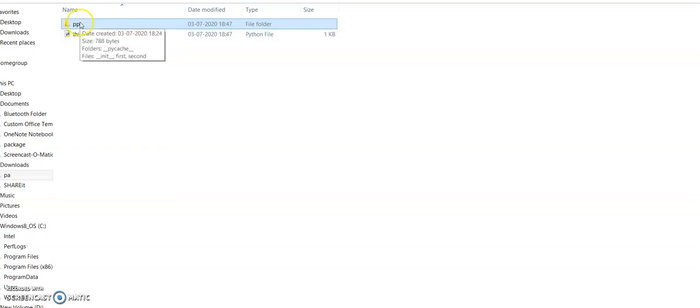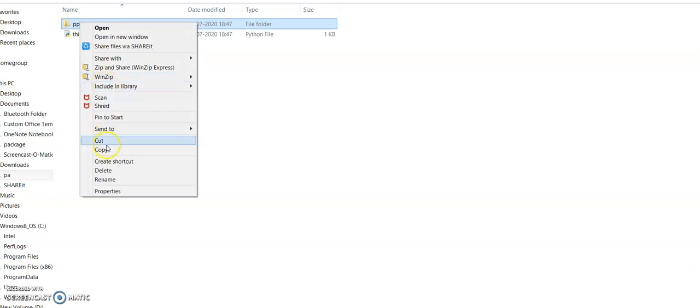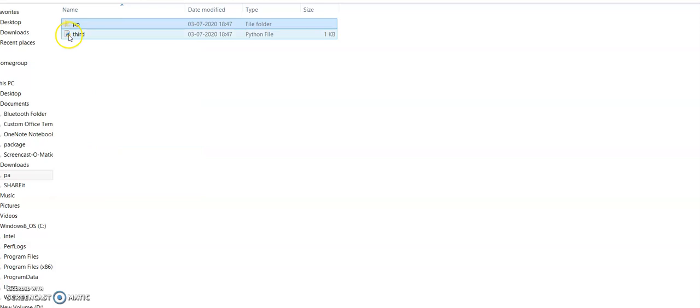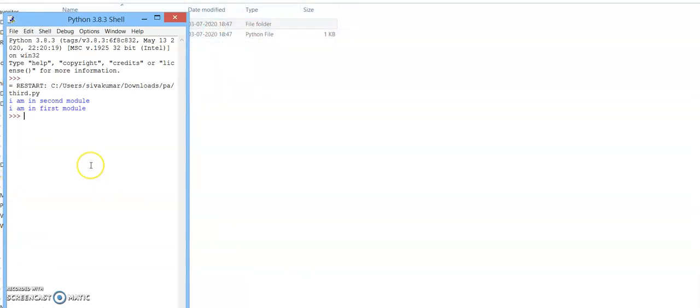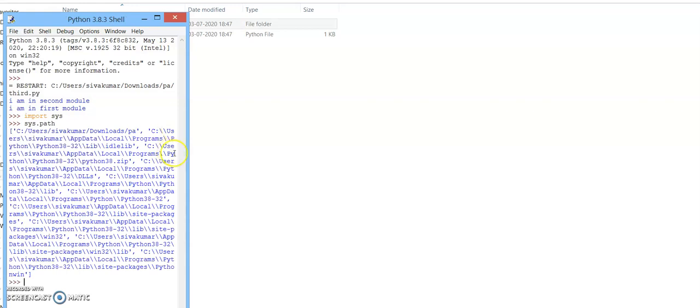You have to copy or cut this package and put it in the site-packages folder. So what is the site-packages folder? To find it, you have to give the command import sys, sys.path. It will show the site-packages folder.